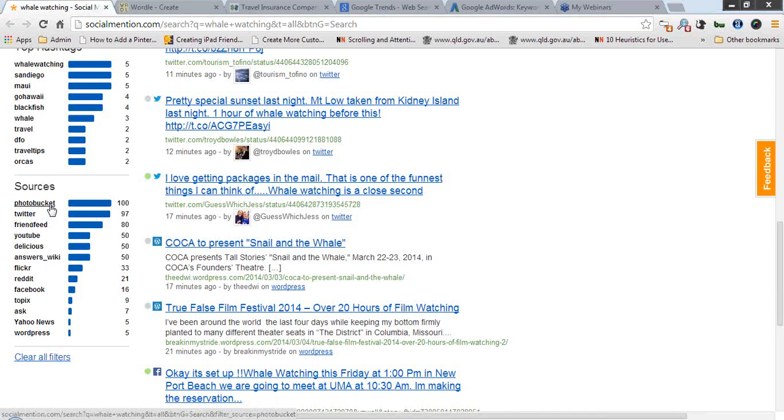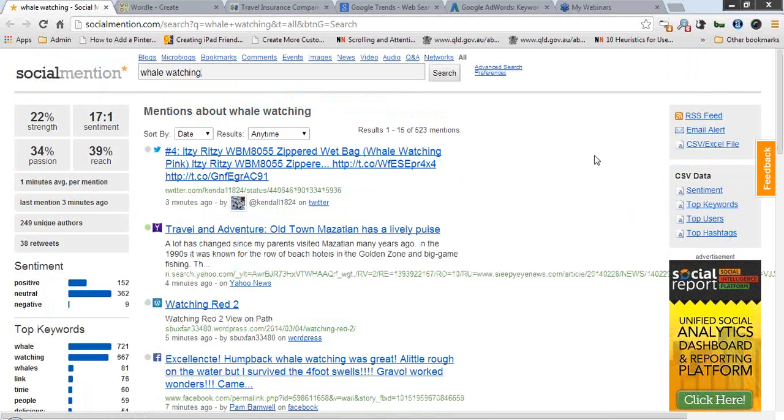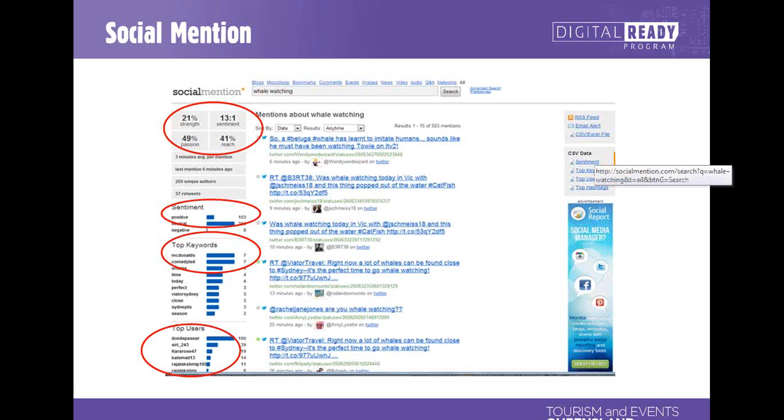But again, I would be wary of making all my decisions on one search because this is only one, and of course trends vary and behaviour varies. So I would take a couple of benchmarks, if you like, on different days, at different times, and try to get a bit of a picture over time. But this can be very helpful in influencing and helping you make decisions about your social media content and platforms.